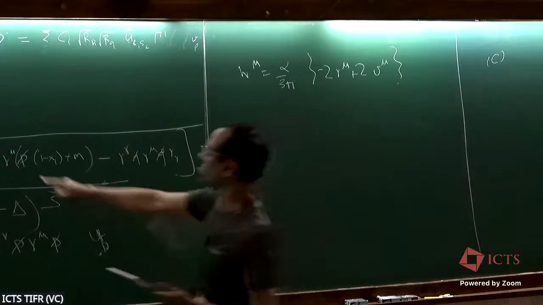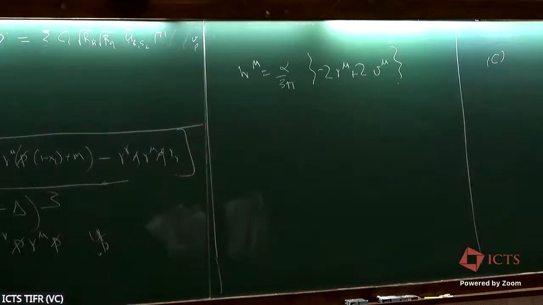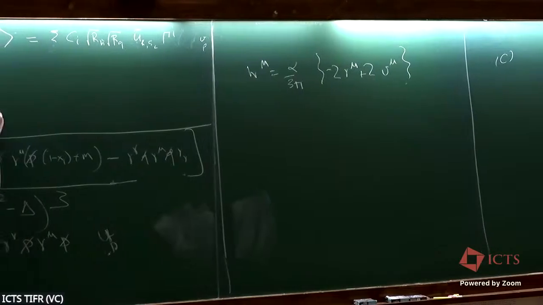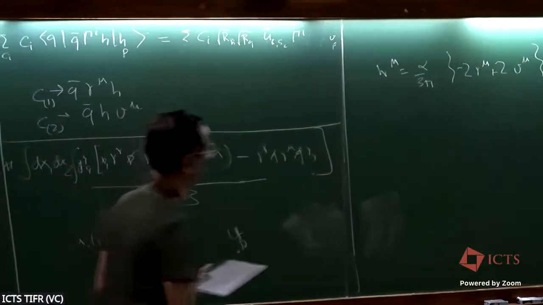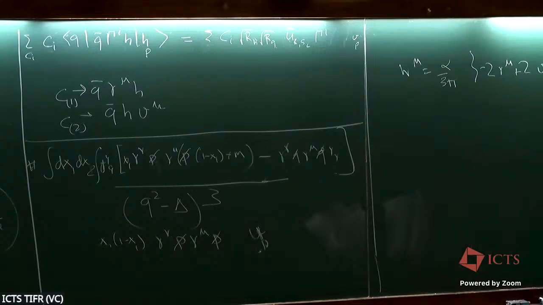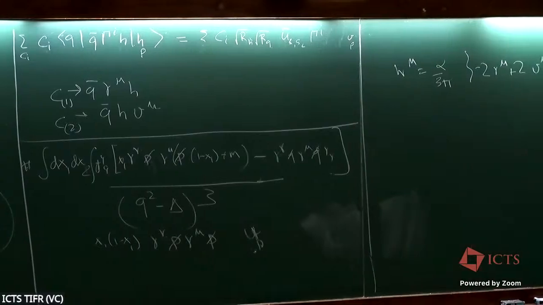So only two contribute here. C1 corresponds to Q bar gamma mu H, and C2 is the Wilson coefficient associated with Q bar H times V. And P1 turns out to be equal to